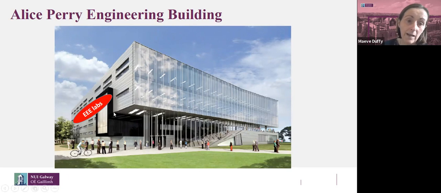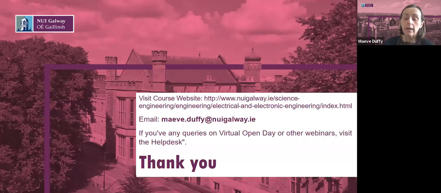in one building under the one roof. Our labs are up on the 3rd floor because electrical electronic equipment tends to be quite small. The circuits we're building are usually quite small, while civil and mechanical are down on the ground floor because they've got bigger bits of equipment to use. So our labs are up here. We've got teaching classes down the back, and then our staff offices are the other side. And then this area to the front is our postgraduate research area for all engineering students. So I think that's everything I had to say.